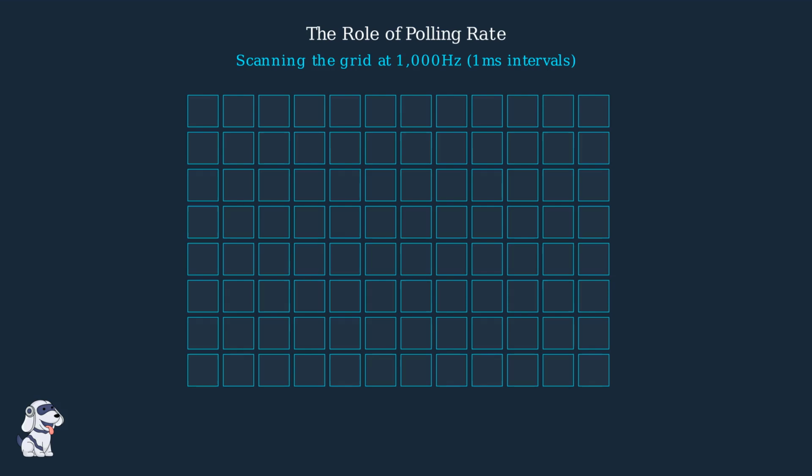Detection speed is determined by the polling rate. Modern devices scan the touch grid at frequencies up to 1000 Hz. A 1000 Hz polling rate means the sensor checks for your finger position exactly once every single millisecond. By scanning at such high frequencies, the latency between your physical touch and the device's awareness of that touch becomes